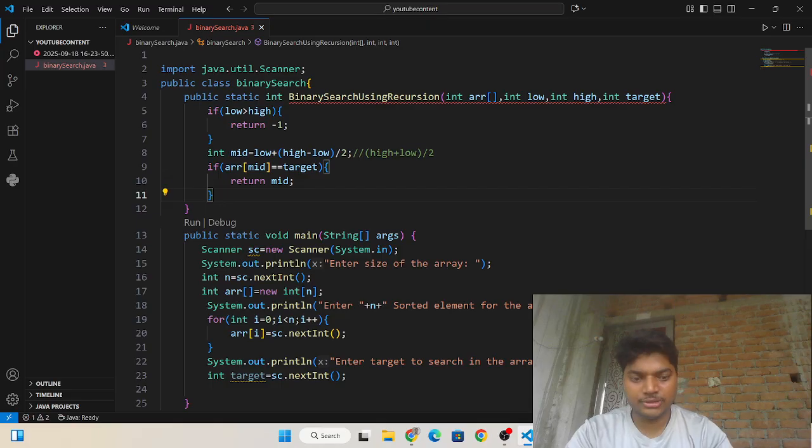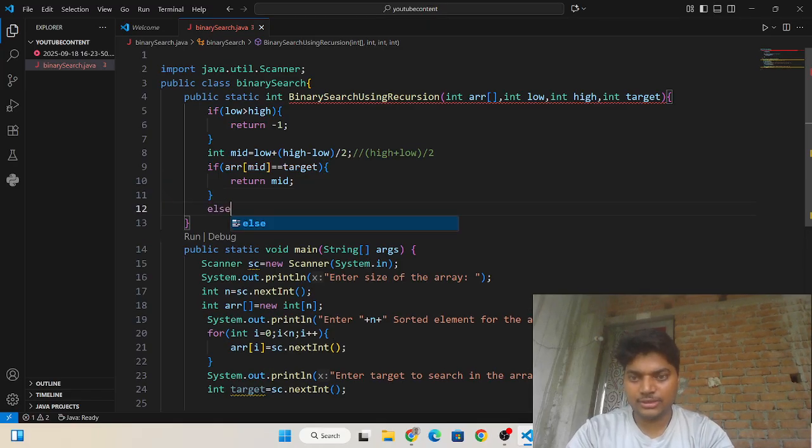Else if target is less than arr of mid element, then you need to pass this function.